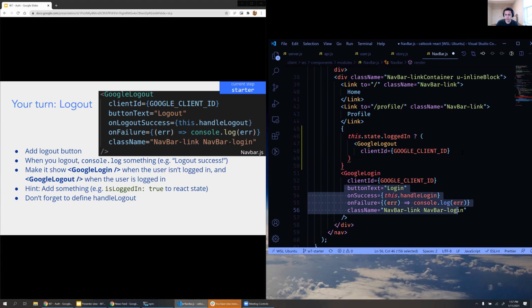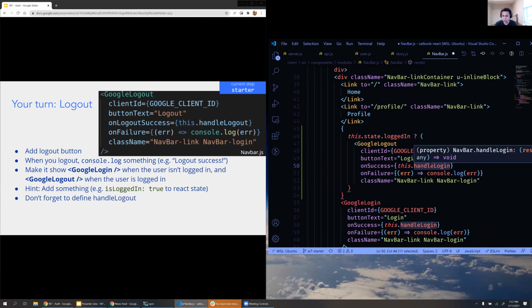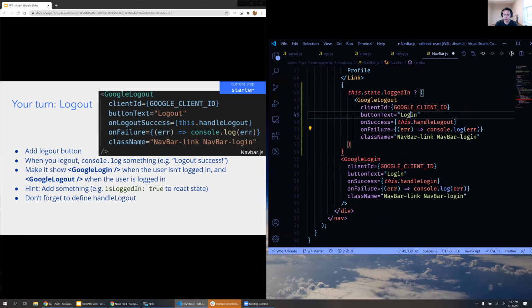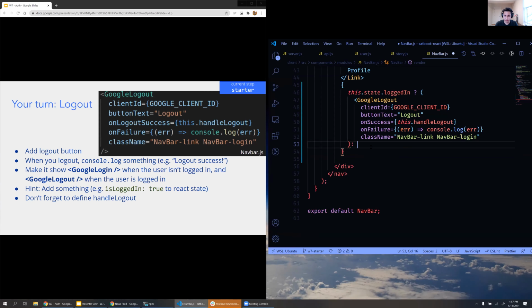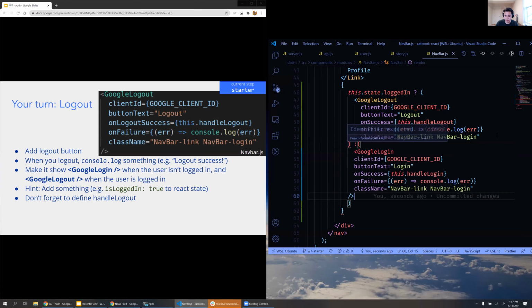Just copy this. And instead of handling logged in, we want to handle the logout. So this is more or less how your solution should look. And if we go to the hot loader now,